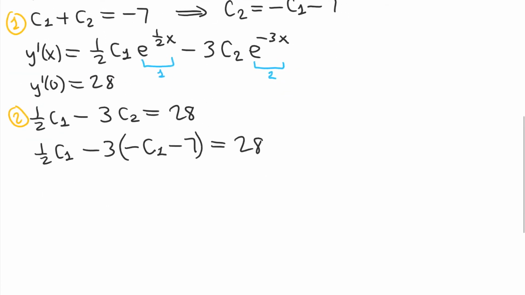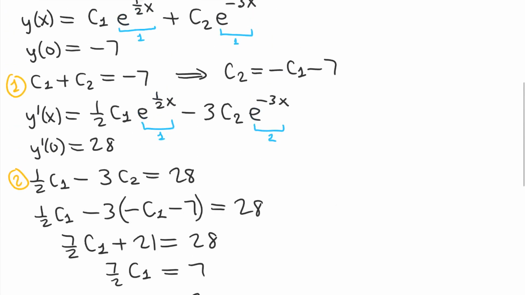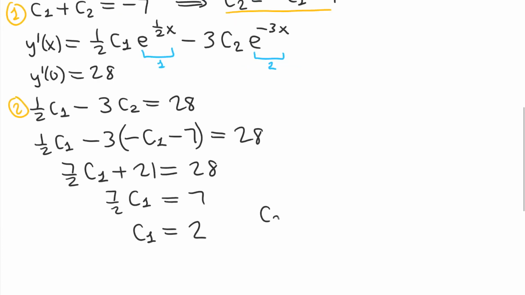So we're going to end up with 7/2 c1 plus 21 is equal to 28. That means 7 is equal to 7/2 times c1. And so we get c1 is equal to 2. Then we can use this expression to solve for the other variable. So we get c2 is -2 minus 7, or